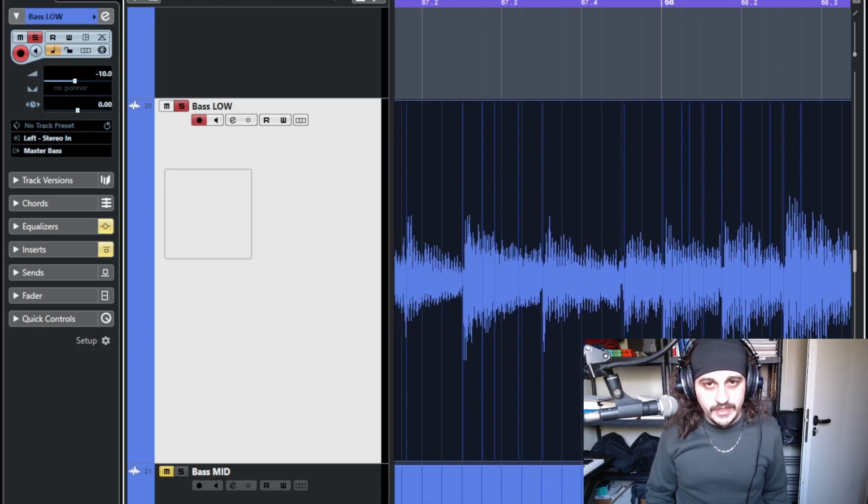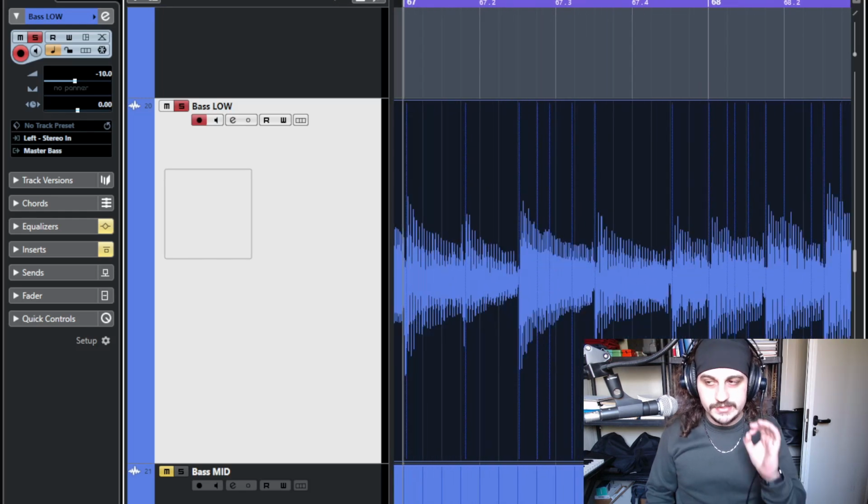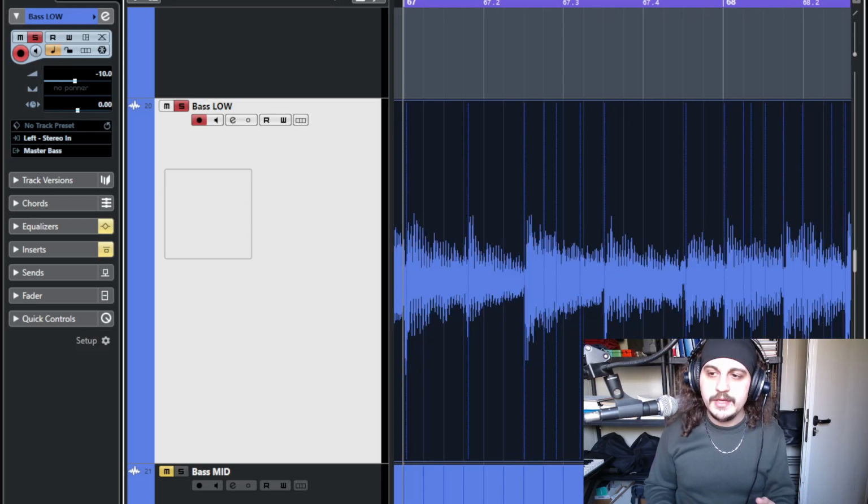Also, when it comes to bass, when you are recording bass, this is crucial, by the way, you must be very good with muting strings. So you have to mute every single note and harmonic that you are not playing in that moment. Make sure you have a great muting technique, because if you don't mute properly, it's going to be very obvious